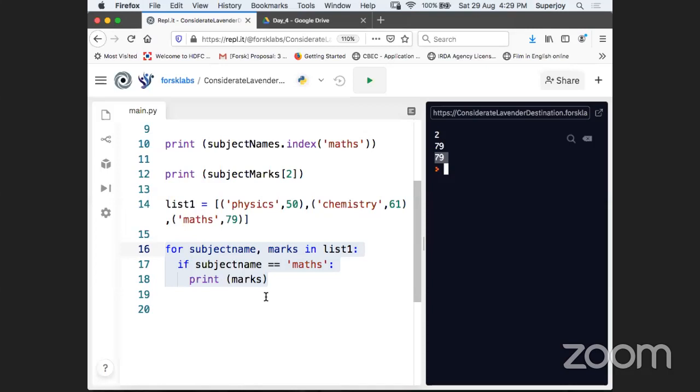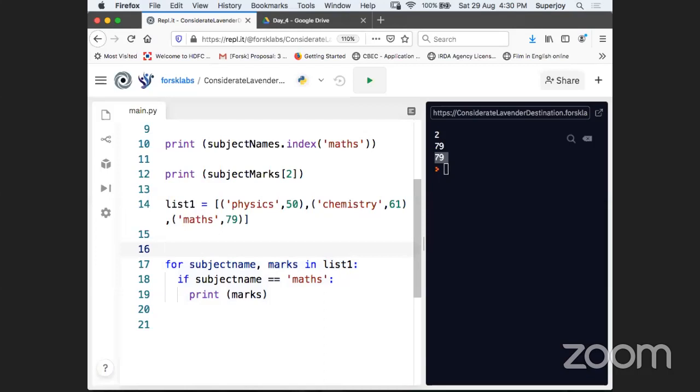But as of now, guys, one piece of information is missing. Although we are somehow able to get the data, we are able to get the marks, we still don't know what index it is. Still we do not have any idea where the index was. You are just making a comparison and just printing the marks. That's it. If this condition becomes true, you will print the marks, otherwise no. And you don't have any idea what the index is. So maybe you can do one thing which is not a very good idea, but still you can manage it.